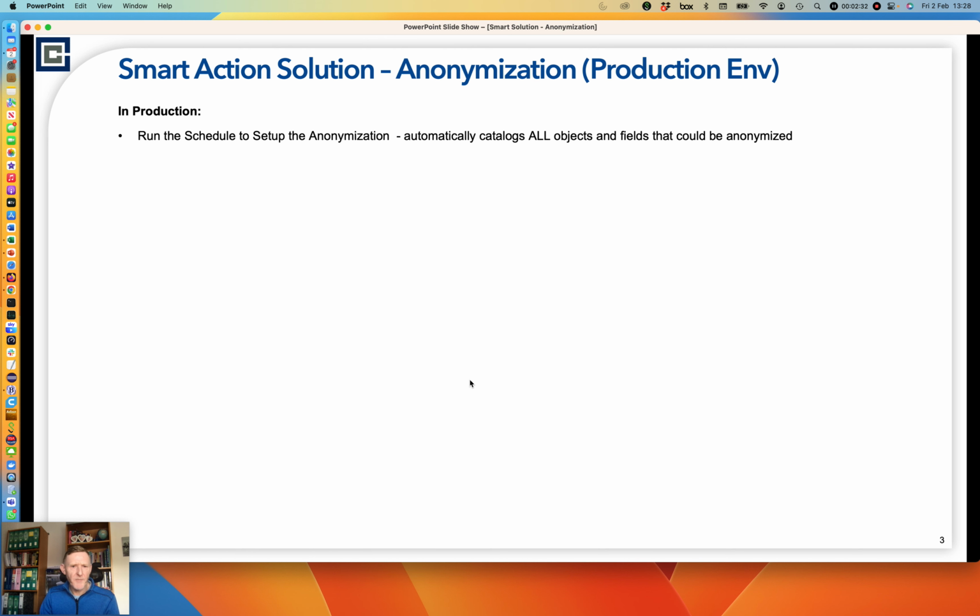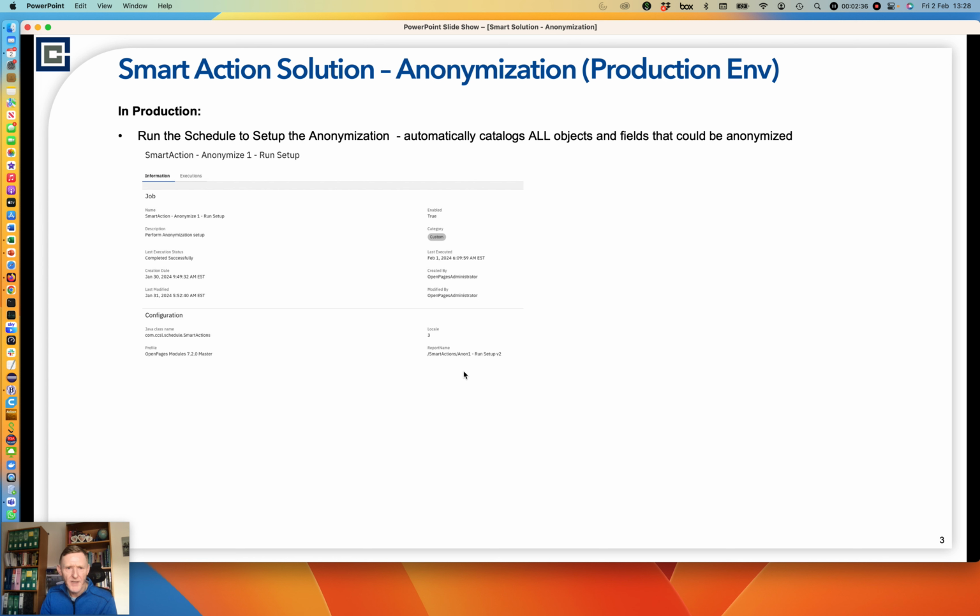So just to summarize then, in production we run the schedule to set up anonymization. So this schedule is a single job and we're passing it 2 parameters, one the locale and the other one is the profile. So based on that profile, we'll select all the objects and fields in that profile. Now if you have multiple profiles with different objects and fields, we can simply run the schedule job multiple times